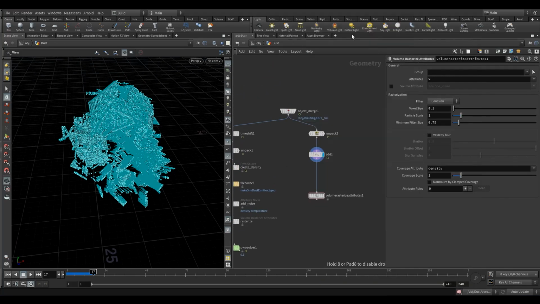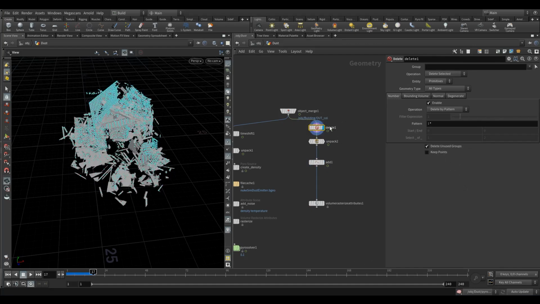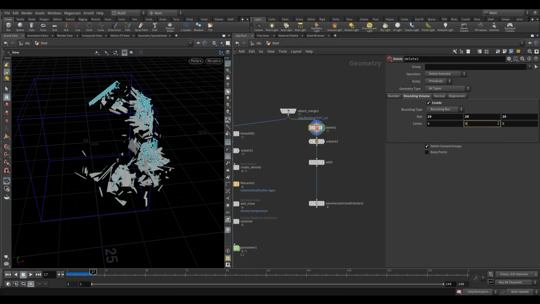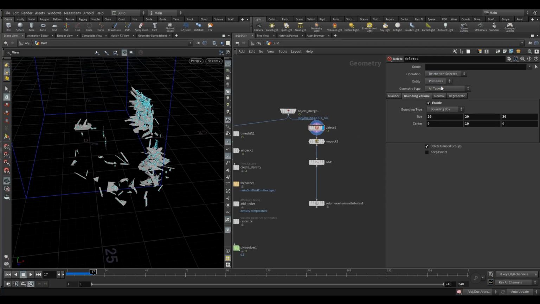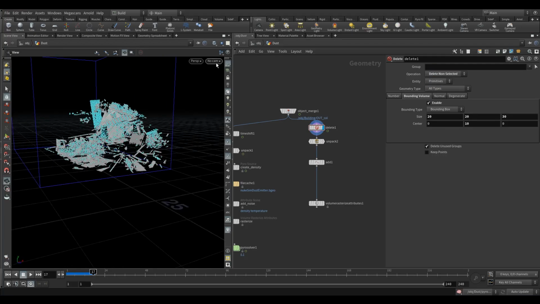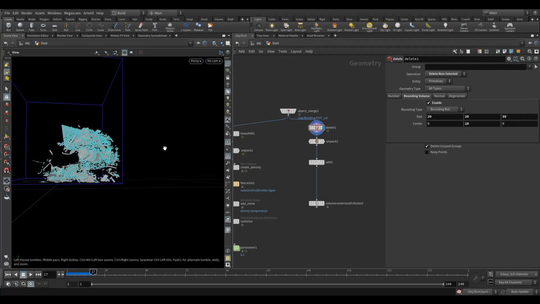Up here, I'm going to drop a delete up here while it's still packed, so we can kind of grab the whole piece of geometry, right? And then just set this to a big bounding box. So 20 by 20 by 20. Maybe by 30, make it a bit wider, and then just raise it up and delete non-selected. Okay, so we keep everything within the camera there, but we don't have pieces flying off,